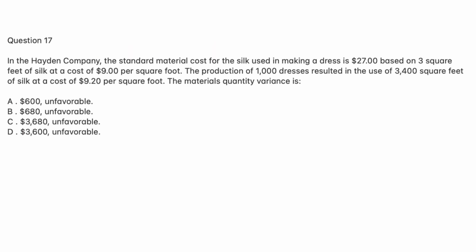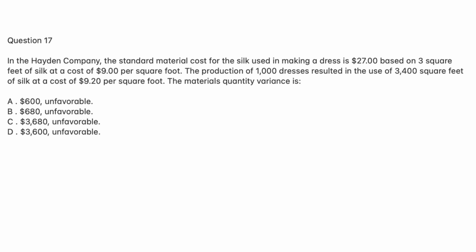Question 17. In the Hayden Company, the standard material cost for the silk used in making a dress is $27 based on 3 square feet of silk at a cost of $9 per square foot. The production of 1,000 dresses resulted in the use of 3,400 square feet of silk at a cost of $9.20 per square foot. The materials quantity variance is